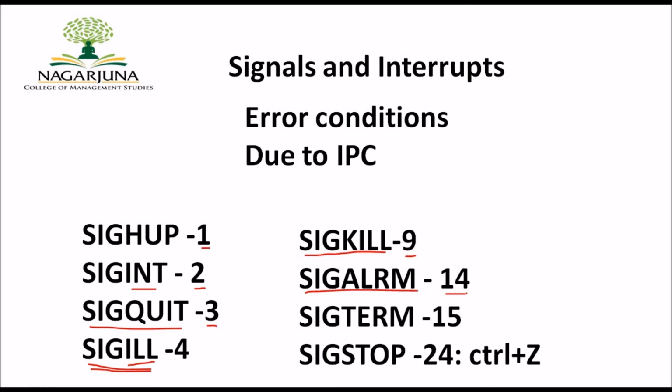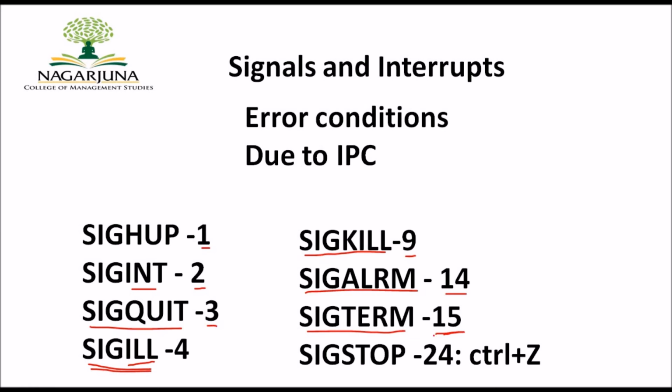Now if a software gets terminated and I would like to get a signal out of it to request it to terminate gracefully, then I am going to make use of SIGTERM. So there is software running and in between there is an interrupt indicating that your software is not working properly, but I would like to close your software very gracefully without any issues. Then we can make use of a signal. That signal is SIGTERM, whose signal number is 15.